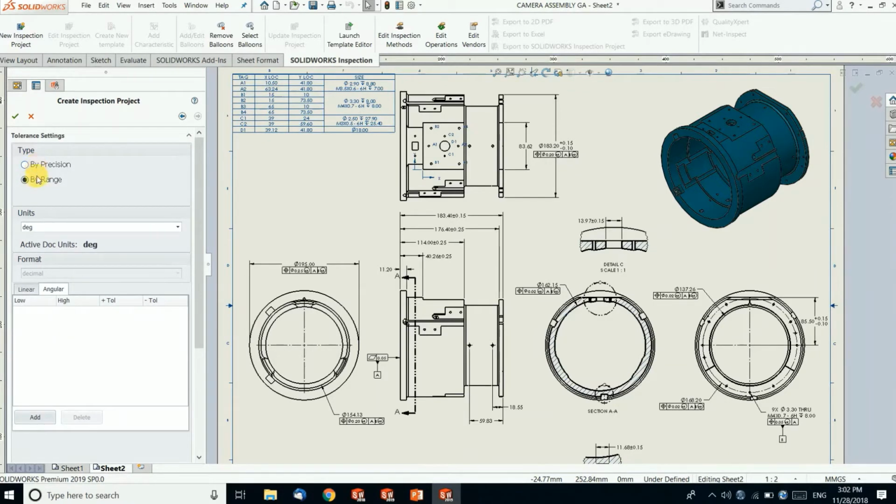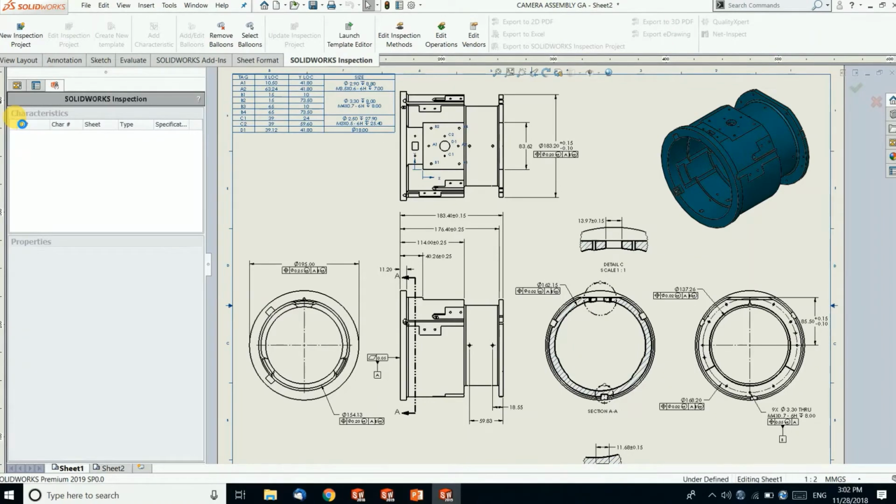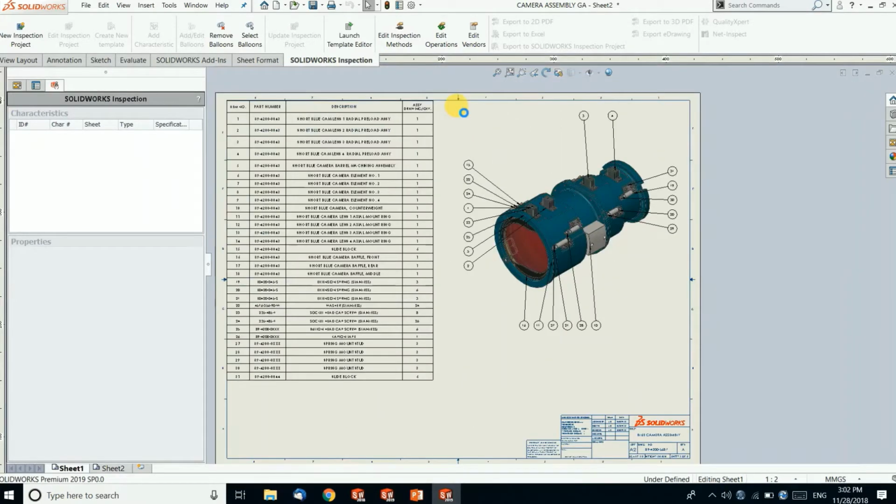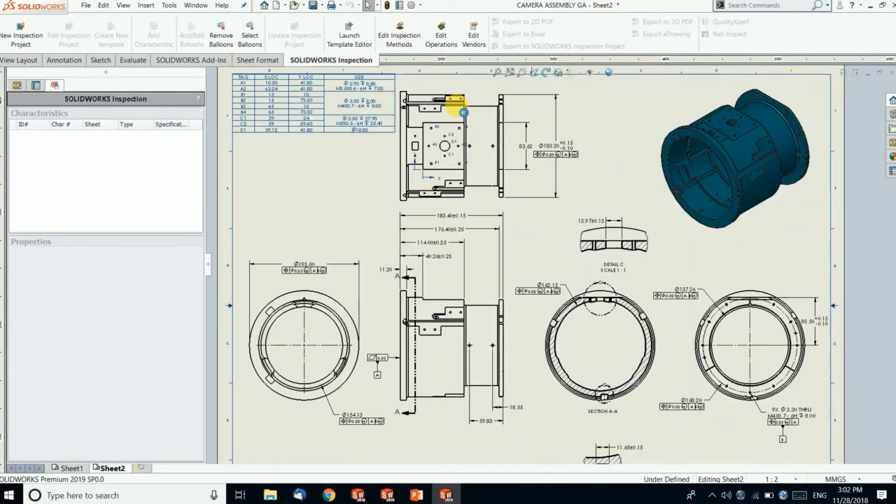Either by precision or by range, you can provide the default tolerance value to be taken into your drawing dimensions. So once you provide all this information, just by a single click you can get the dimensions and also the automatic ballooning for your entire dimensions